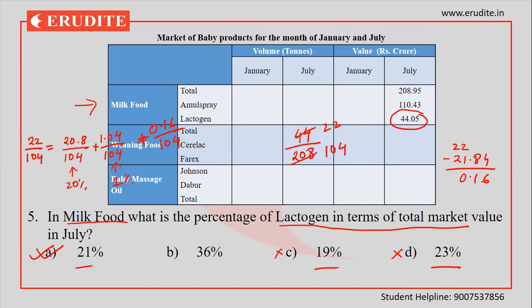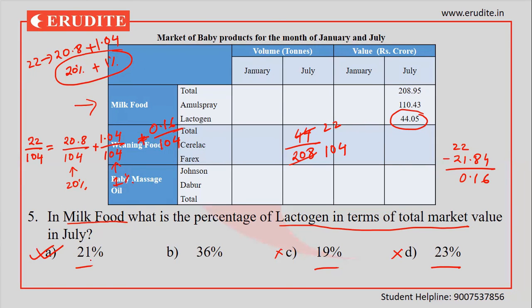Now whenever I have written 22 by 104, first target is I am trying to find a number closer to a 100 denominator. Then whatever the denominator, 20% I have calculated, I have broken down 22. So 22, first I have broken down 20.8 looking at this denominator, 20% done. Then 1.04, which is 1%. After that some extra, and that is too less, close to 0.1%. So this way 20% and 1% is giving me the result. Next part 0.1%, 21.1% would be the final answer.